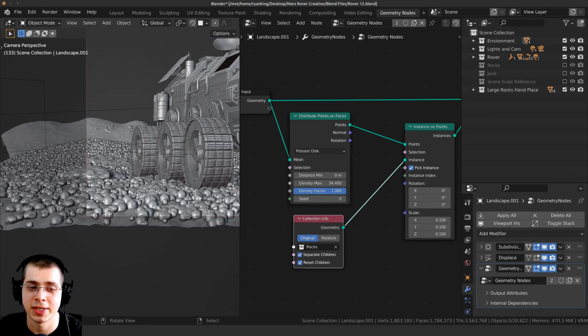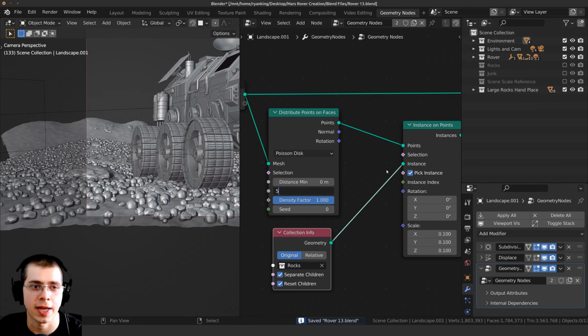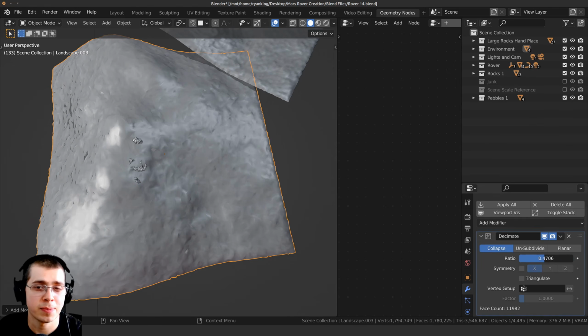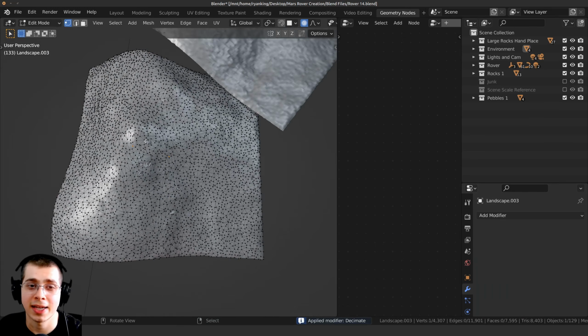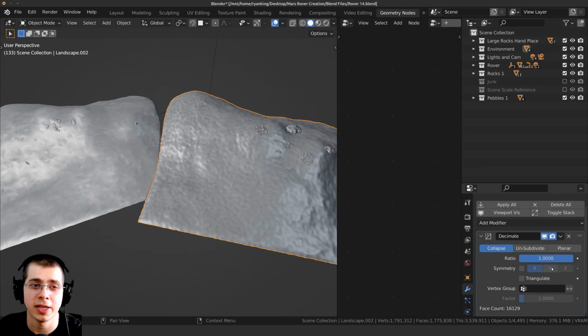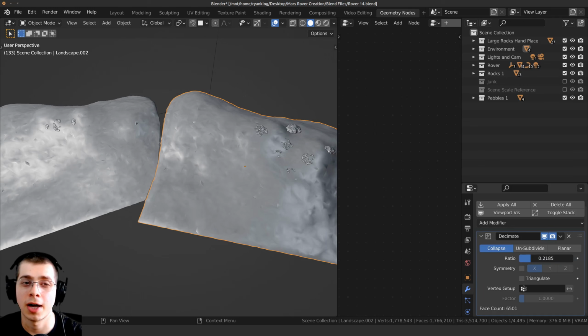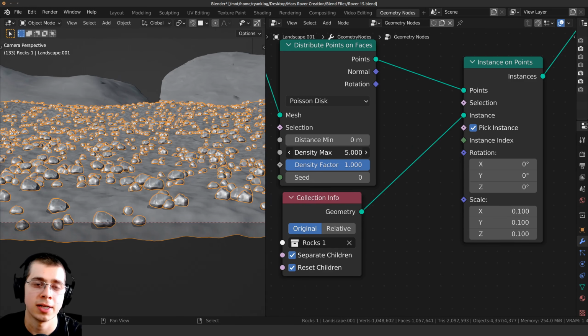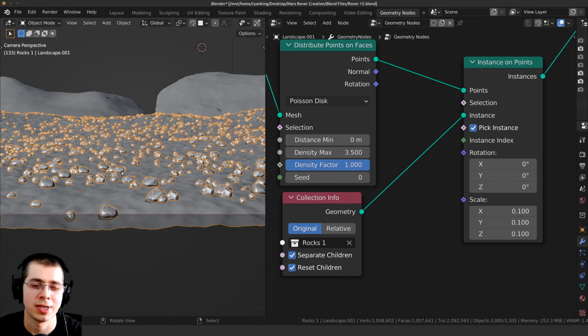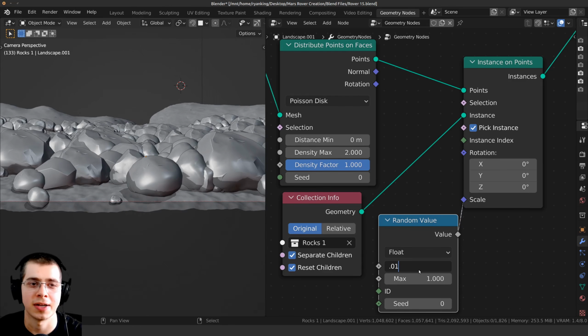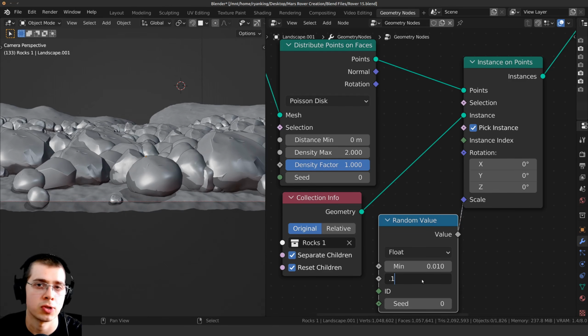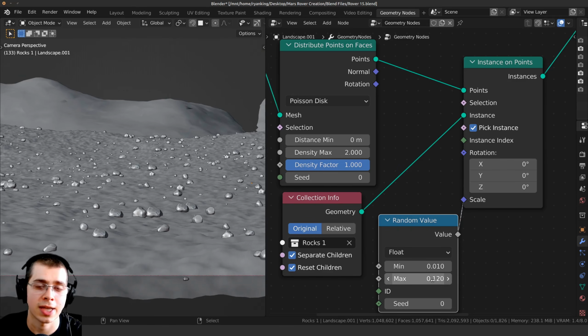So I used that basic geometry node setup to add the rocks and the pebbles to the ground. And then at this point the scene was getting kind of laggy because everything was pretty high poly, so I decimated the back hill objects as well to make them lower poly because they were pretty far back, so I didn't really need to see them in very much detail. And then I added a few different geometry node setups to the plane to add the rocks and the pebbles